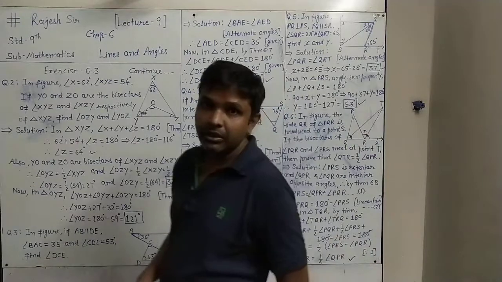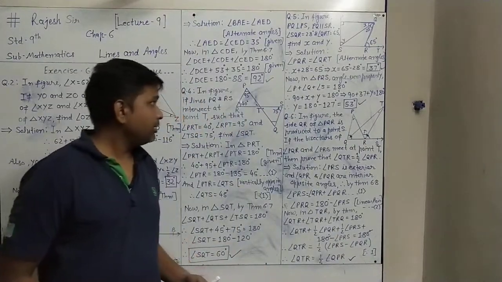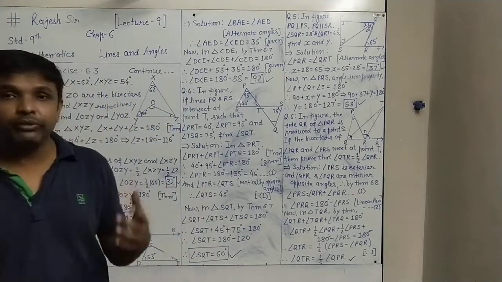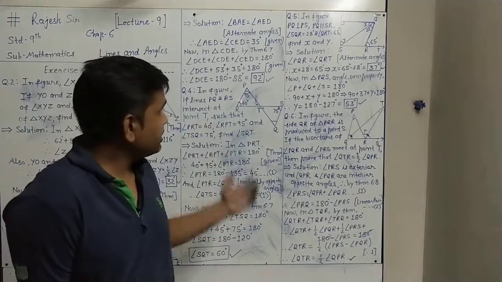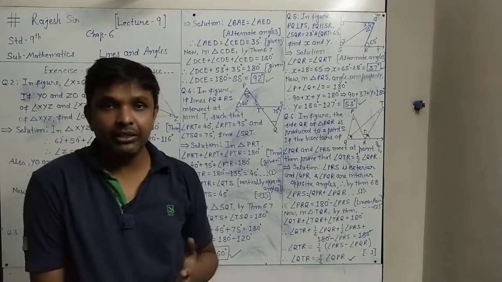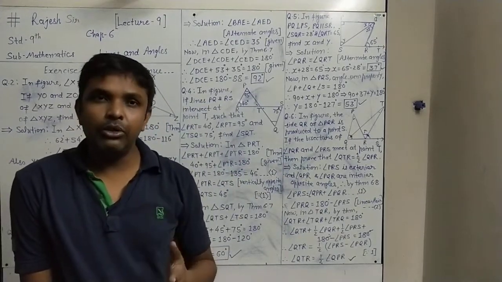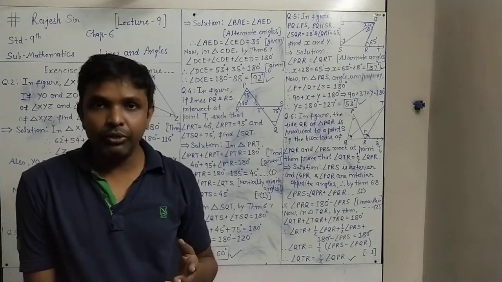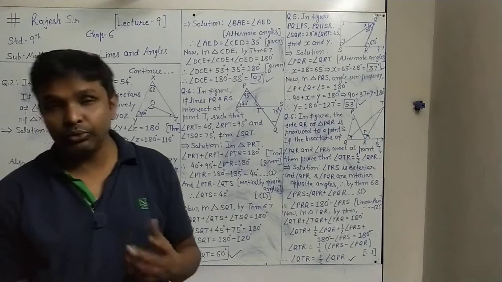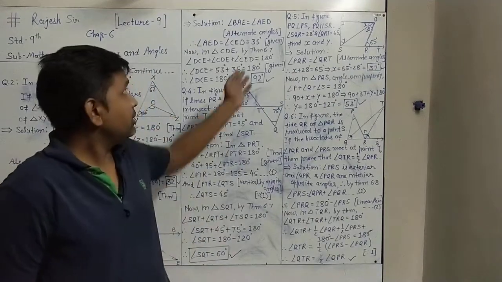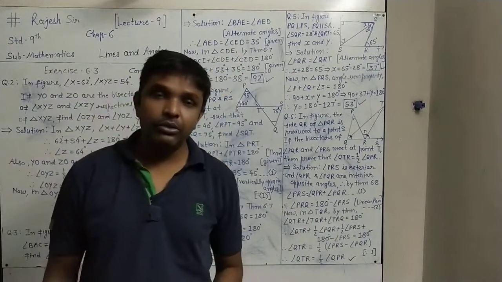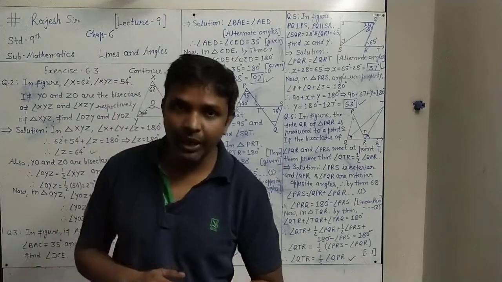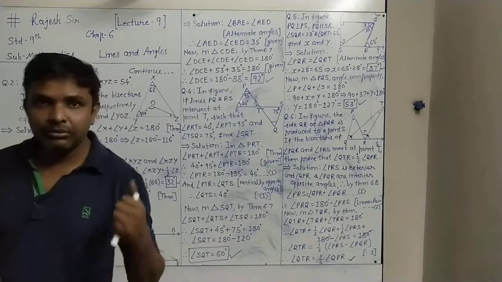So this way this chapter is finished, and the remaining examples you are suggested to do yourself. For more practice, watch the video 2-3 times. Solve all the exercise questions 2-3 times, and practice the theorems also, because everything is important. A theorem will be asked for 3-4 marks, and this type of question can be asked for 2-3 marks. In this geometry section more practice is required. So do practice. Thank you.